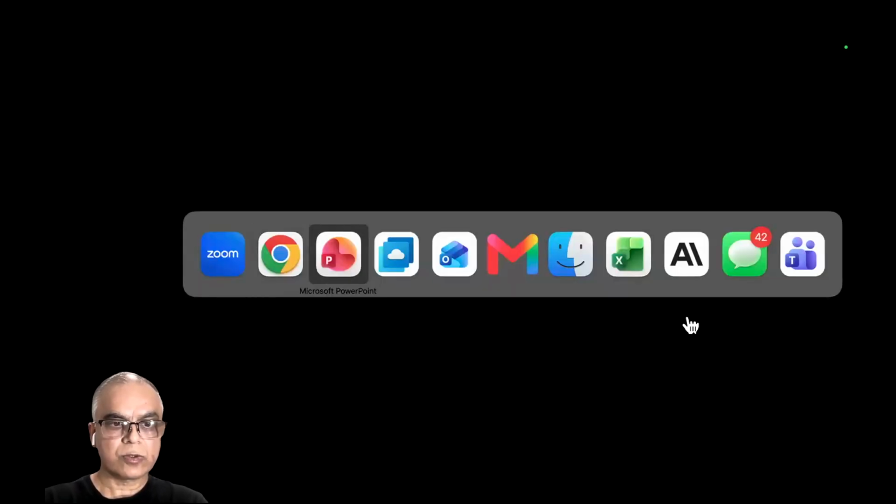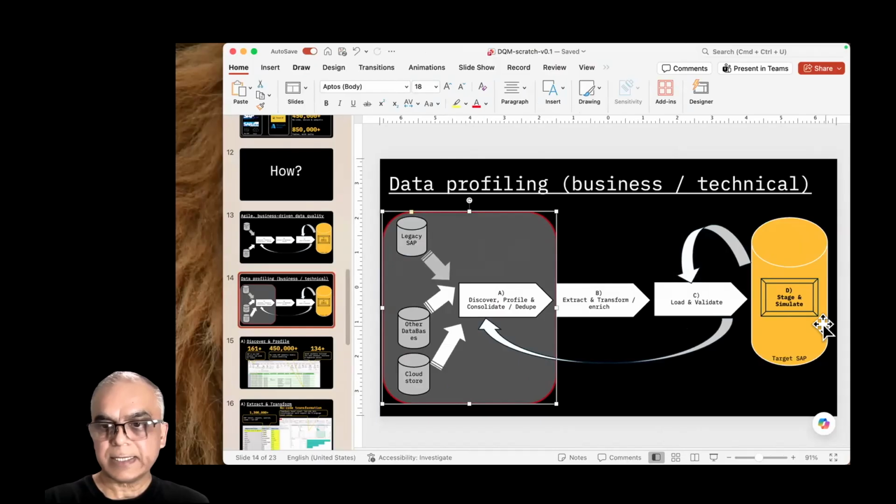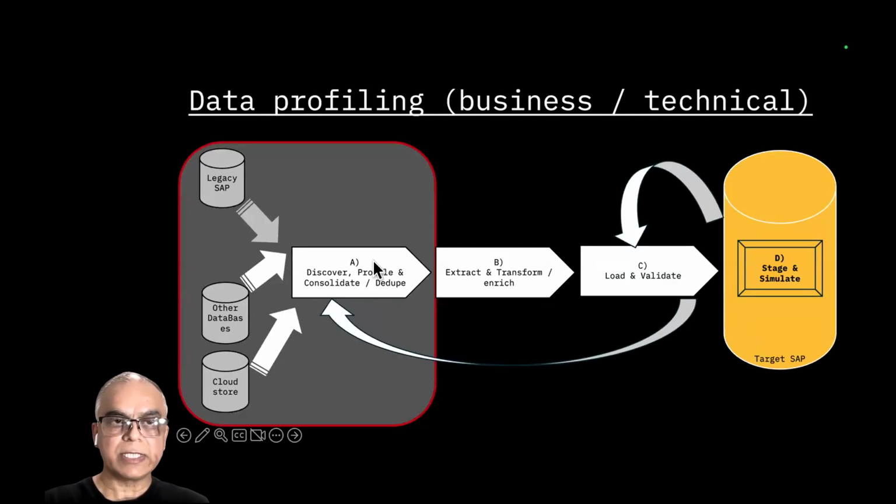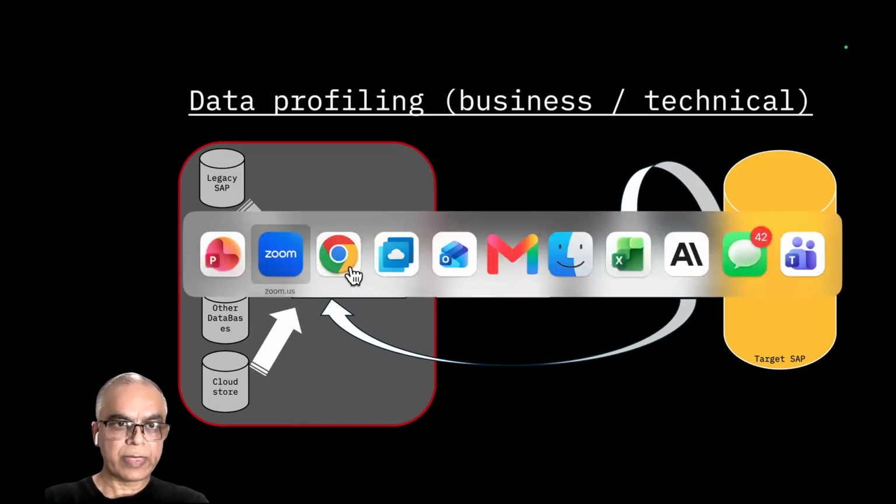So here's the overview of the scope for data profiling. As you can see, for data migration projects, one of the first things is to get, if there's any legacy SAP, there might be other databases and cloud stores. How can we profile our specific business elements, profile the data at technical and business level? So I'll jump now